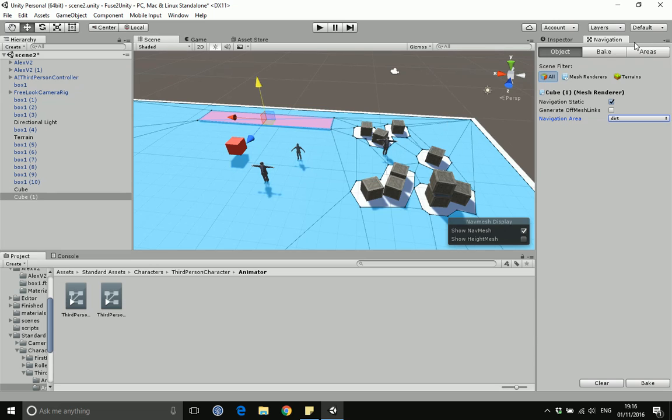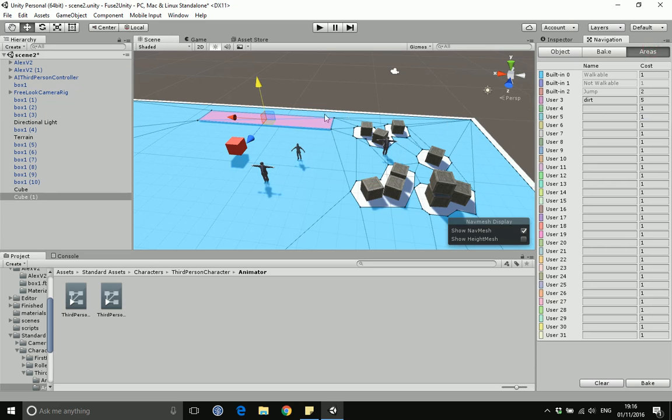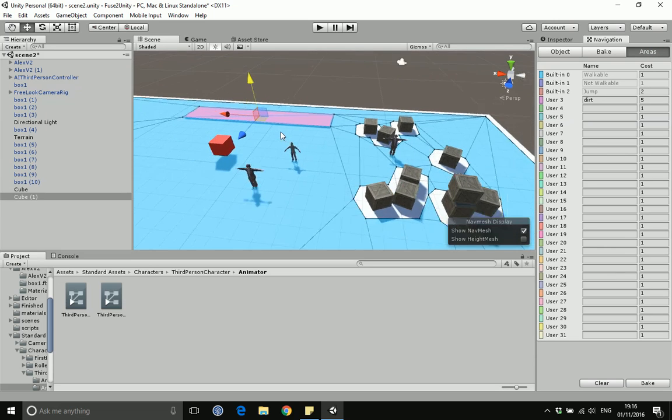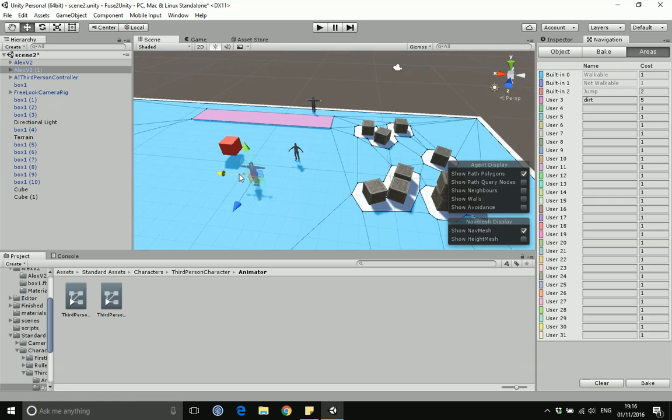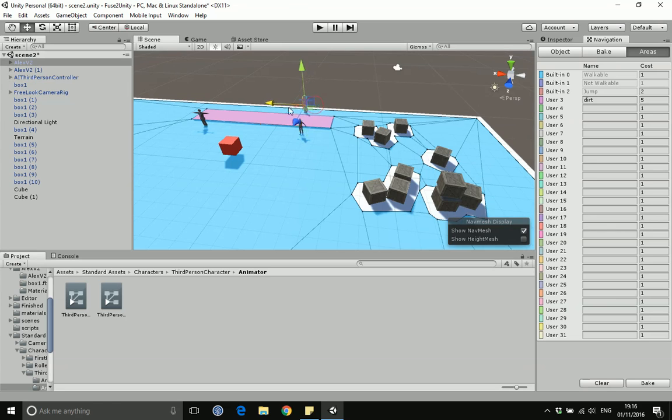Just wait, and now as you can see here, this area is purple color, and it has been given the purple color. So now this area will cost the agents actually more to go through it. So let me just put my main character here, and I will put one agent here and one agent right in the middle, maybe, or just opposite my character, and see what